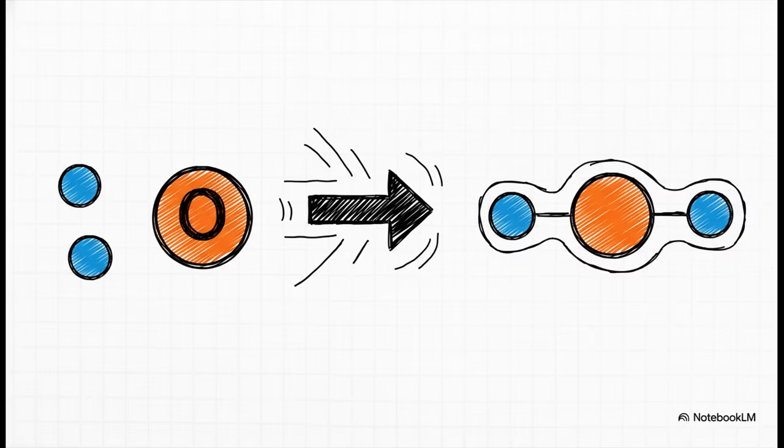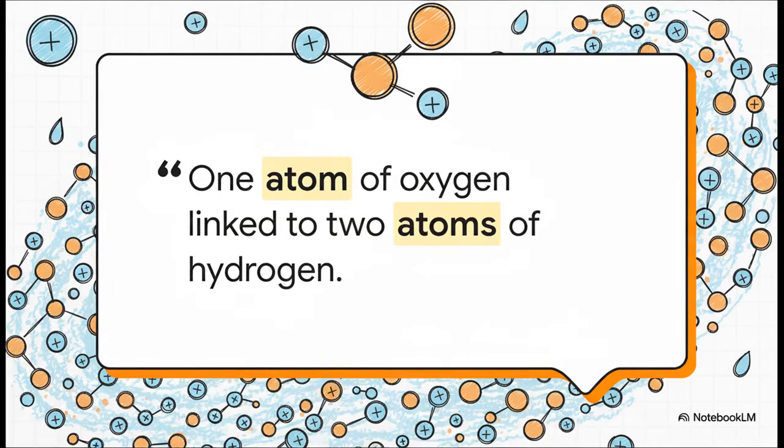So we just follow the recipe, we take our 1 oxygen atom and we snap on 2 hydrogen atoms, and in that moment, we create something brand new. Something with properties that neither hydrogen nor oxygen had on their own. We've made a water molecule, H2O. This exact arrangement is what makes water, well, water. It's such a simple little structure, but it's the key to everything. That specific shape it forms is the reason ice floats, it's why bugs can walk on water, it's why it's so good at dissolving things. The whole personality of water comes from this simple 3-atom team.